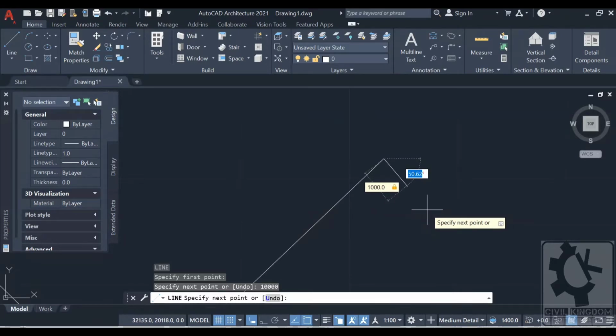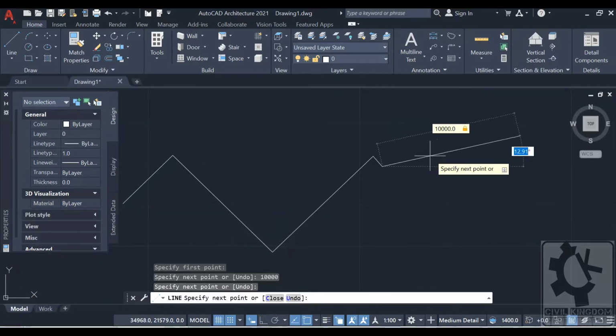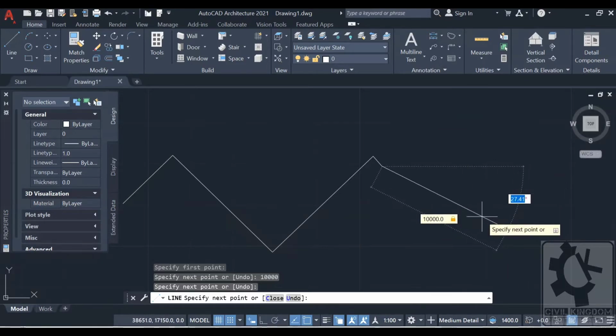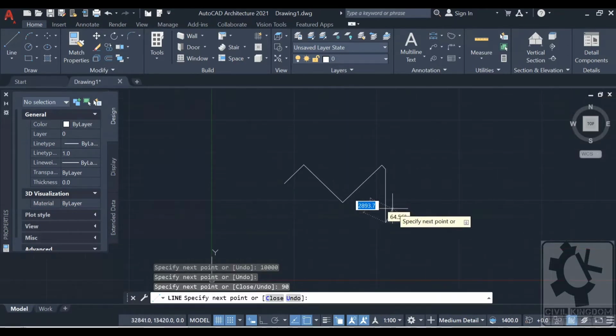It's quite hectic to do it this way, so I prefer the normal way. 10,000, tab, give your direction whichever way you want, say 90 degree. So that's your line. Okay, to cancel the command you need to press the enter button in your keyboard.